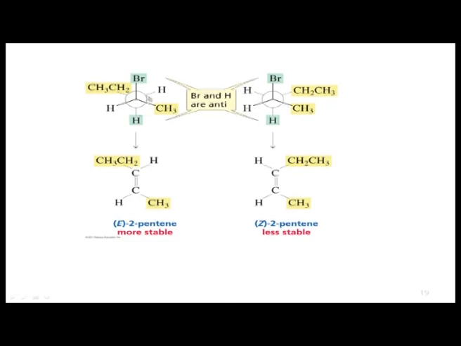So, although this is the more populated conformer, the most populated conformer is also giving the more stable product, reacting at a faster rate via a transition state which is more stable than the transition state involved in elimination from the other conformation. Here there will be tremendous methyl ethyl eclipsing interactions as the elimination is taking place. Okay. So, this is how you convince yourself why this is the major product formed in the elimination of this compound. This is 2-bromopentane. Okay.